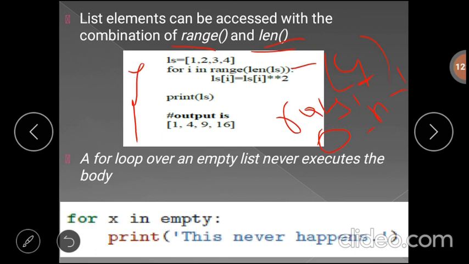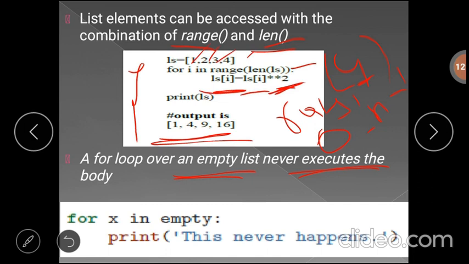That means we are reading the individual element of that list, calculating the square of that item, and storing that result in the list index ls[i]. Here you'll get the output 1, 4, 9, 16, that is the square of these numbers. That means to update or modify the individual elements of a list, we have to use indexing.